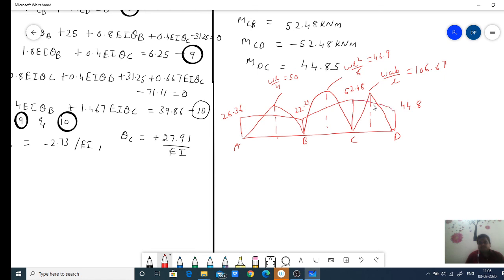And this is the value, and after this, whatever the diagram is below the actual bending moment diagram, this will be minus, and if it is above, this will be plus. Once again here both will be minus, this will be plus, this is minus, minus, minus, and here it will be plus, right? So this is with respect to your bending moment diagram. Now next is your shear force diagram.